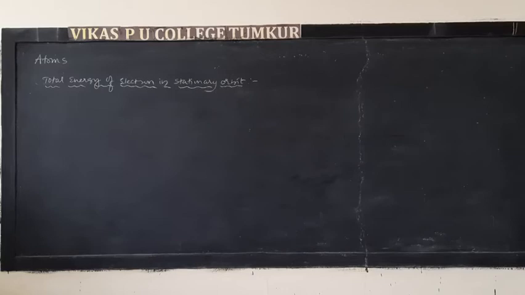Yes, now in this video, we will discuss the total energy of an electron in a stationary orbit. When an electron revolves in a stationary orbit around the nucleus, how much total energy does it have? The total energy is the kinetic energy plus the potential energy of the electron. We are going to derive how much that is now,